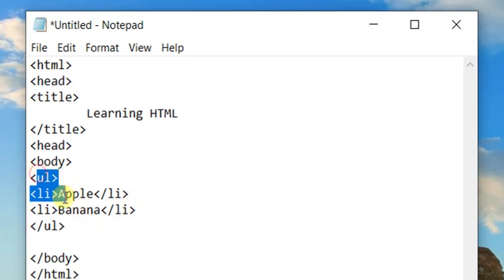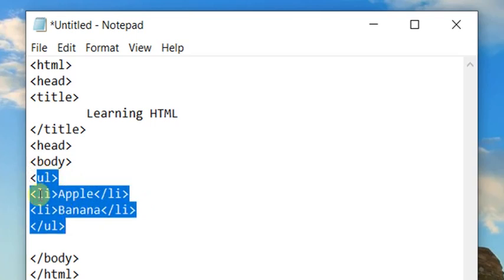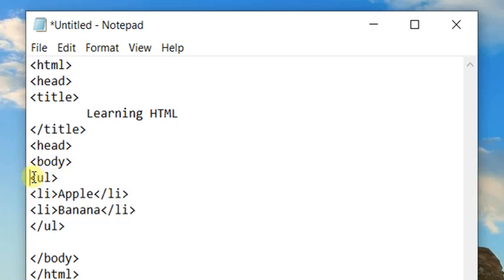So within the UL tags, the LI tag means one item of the list and UL means the total list. UL is just a list format, and within that LI will make a separate item of the list. It will create an item of the list. So how many LIs you will give, that many items will be created. There are two LIs I have used, that means two items. Similarly, you can put many items like this.